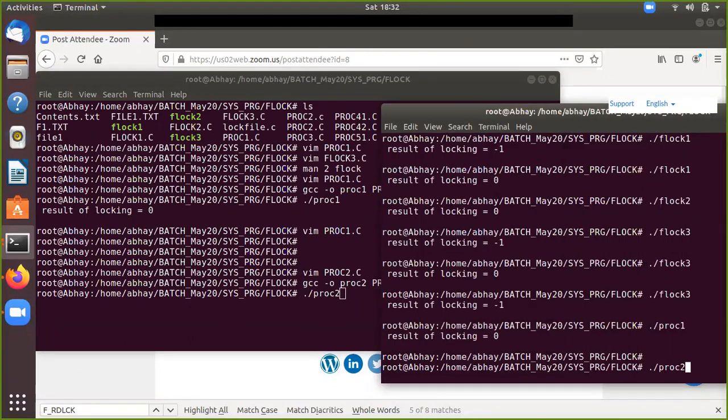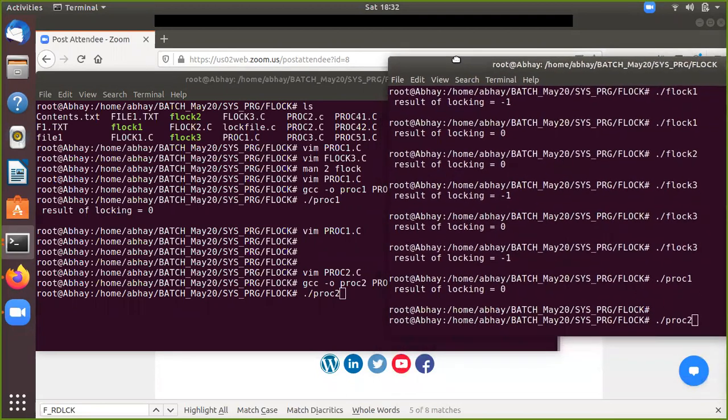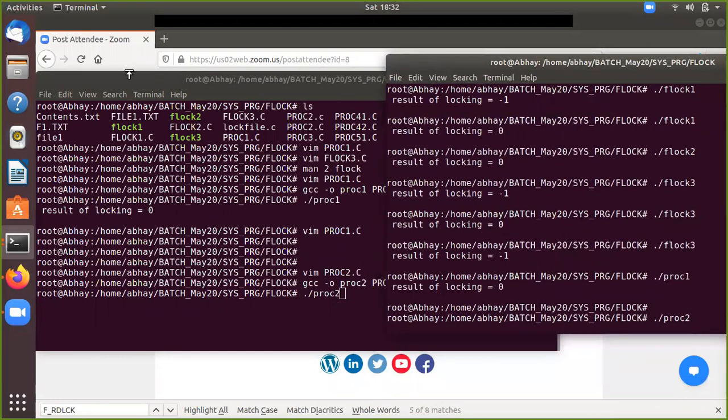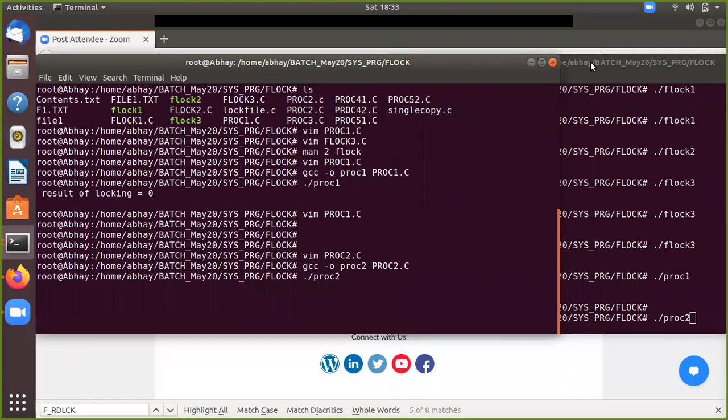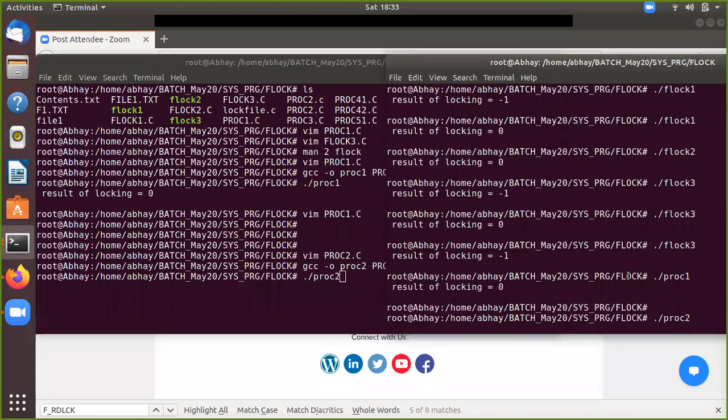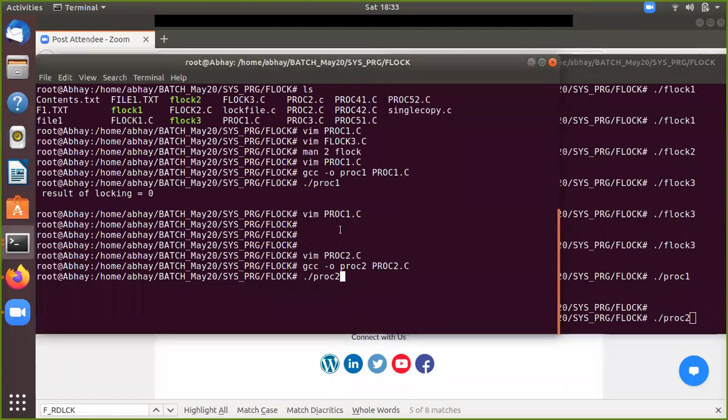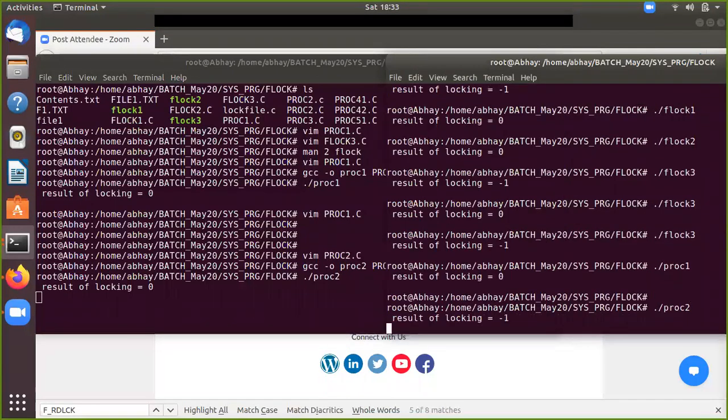Anybody working in file systems, when you will be dealing with the file system, or somebody from any company working on file systems like Veritas or something like that, if you can see their code, most of the places they will be playing with this locking. I will tell you the real example also where we will be using all this. Okay, so you run this now.